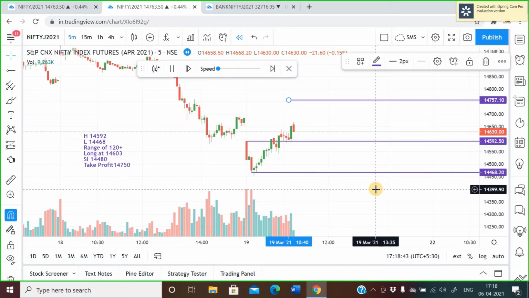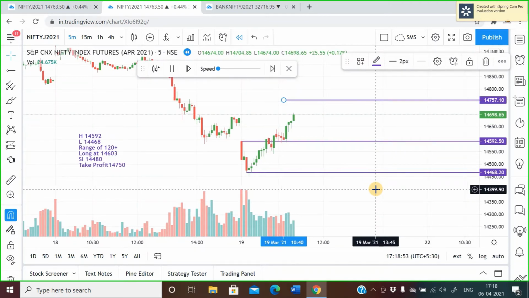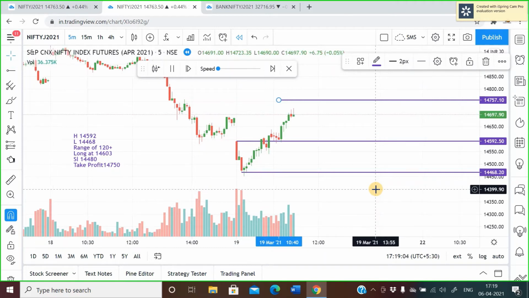Let's see. Still, now we are in a decent profit already, right? Either you can now switch your stop loss to make it at cost, or start trailing your stop loss. That is what I would suggest when you are in a high range kind of a scenario. Now let's see how it performs. So 14,750 is my target, and I'm about close to